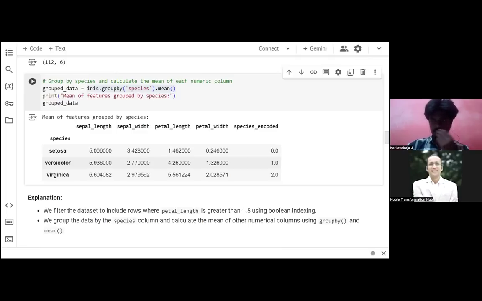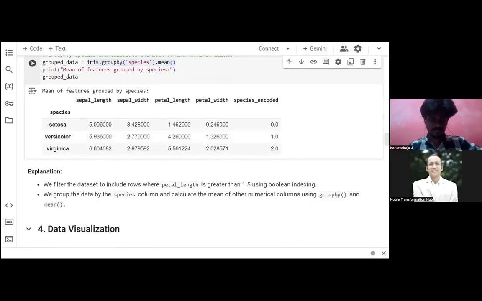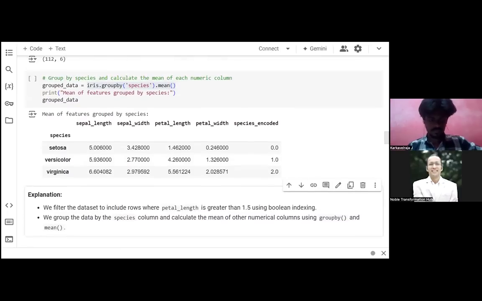Then you put .mean brackets, and then you have to print the mean features grouped by species. So you have to give the command also for what it has to print.